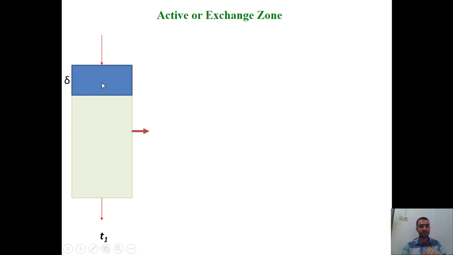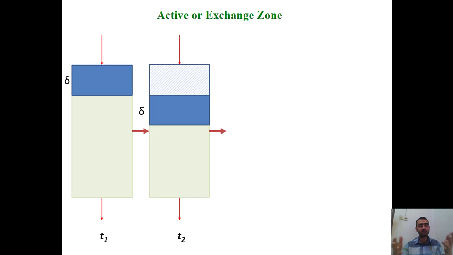This zone in the blue color is considered the active zone, which means that no exchange happens inside the column except in this zone. This is the zone where the exchange will take place. After a certain time, this zone will keep moving to the bottom, and the top layers will become exhausted, like this. The dashed layer is the exhausted one, and the active zone is moving downwards,